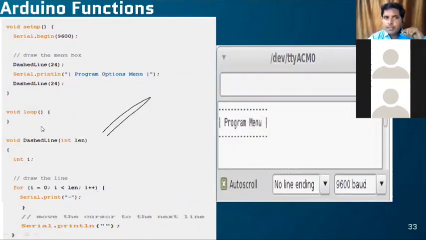This is the function I am using. Which function? The dashed line 24 function I'm using, and the same integer value length, and if that condition holds good, it will display this program option menu.